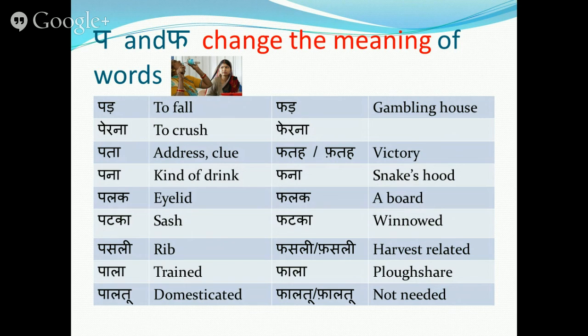Fatka. Pusli is a rib, whereas pusli is harvest, something related to the harvest. Fusli. Pala is trained, whereas pala is a plowshare. Paltu, domesticated, whereas faltu is rubbish, not needed, worthless. Faltu. And of course, like I said, in some places of India, people cannot pronounce fa, and so they will